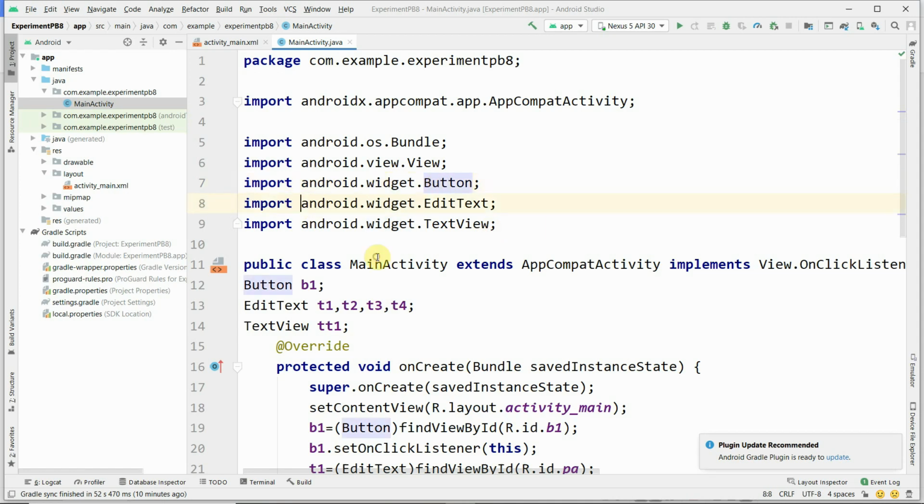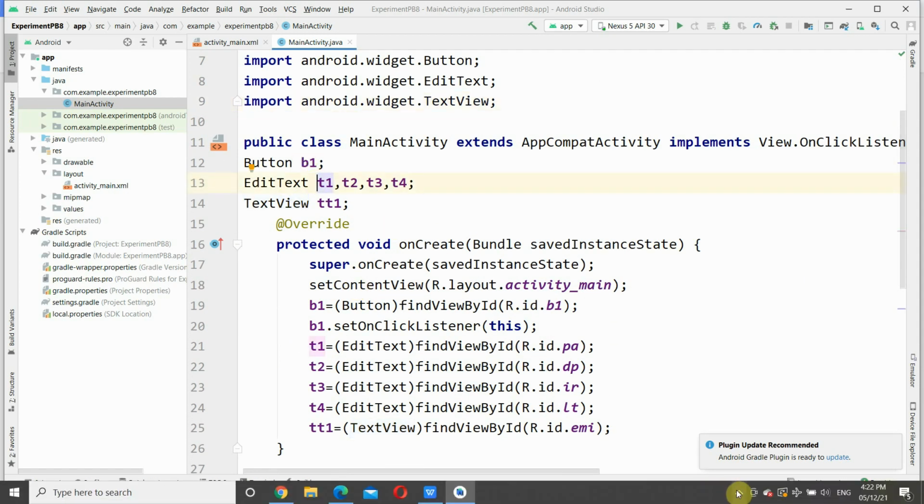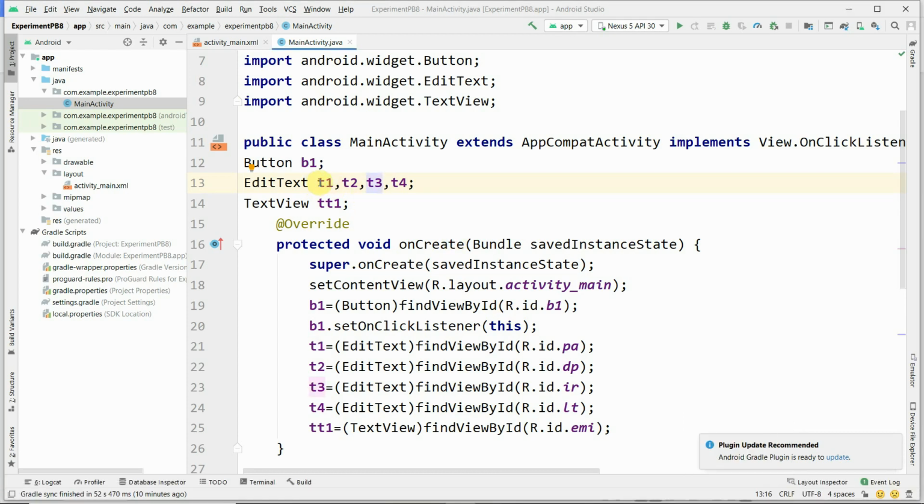Similarly for edit text and text view. There are four edit text controls, therefore we create four edit text objects to map to them, and there is one text view to show the result.